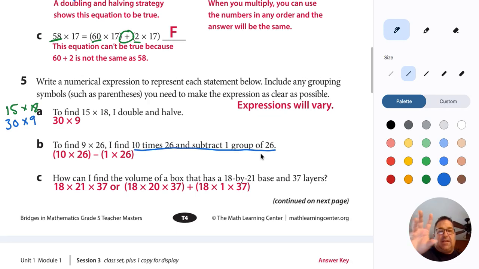We just want students to understand we can think about this a different way, and that might help us get to the answer. We also talked about in class, doing 9 times 26 would not be very hard. But this is where the book's at right now. How can I find the volume of a box that has an 18 by 21 base and 37 layers? So again, if we're looking for the volume of a box,